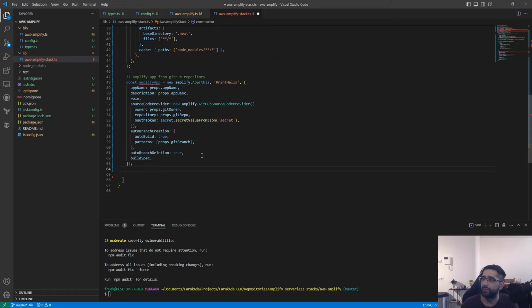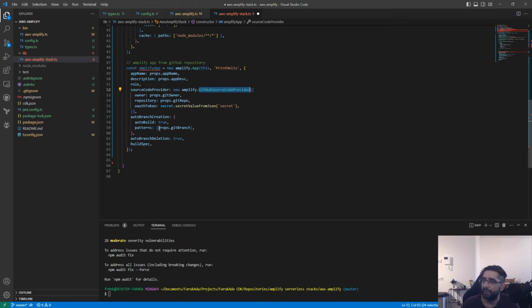And so we will create a new Amplify app, and in my case it's Sprint Helix, so we will get an app name, we will get an app description. We'll also use the role that we created earlier to deploy this Amplify website, and then we say the source provider, and in my case I will be using GitHub, but if you're using a different source provider, for example CodeCommit or GitLab, Bitbucket, you can just change this source provider and it will use the different source provider